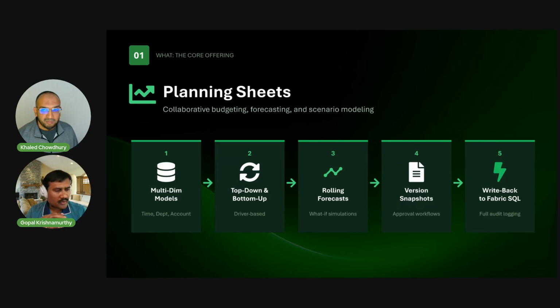Got it. So if you look at the universe of planning technology, pretty much most software uses what is called multidimensional planning. Multidimensional planning is: what are the dimensions I want to plan by? Let's say region, and I want to allocate it by product. But sometimes you have salespeople carrying the quota, so you assign targets to the salespeople. That's where the salesperson becomes the third dimension. And then you may say, I want to do it by distribution channel. That becomes the fourth dimension.